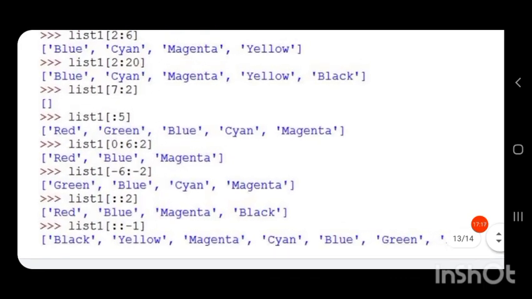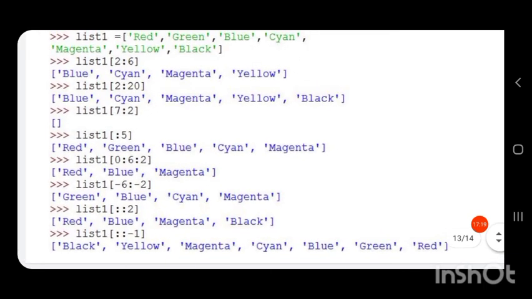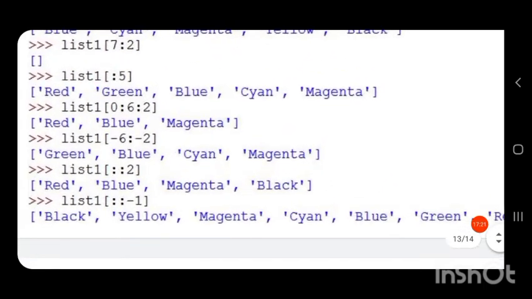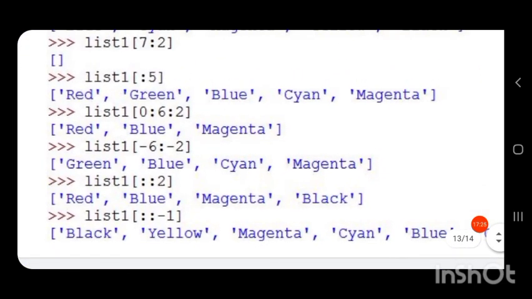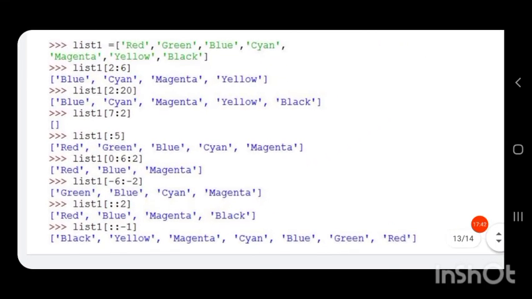Next example, start and stop are also not given and the step value is minus 1. So this condition is called reversing of a list.